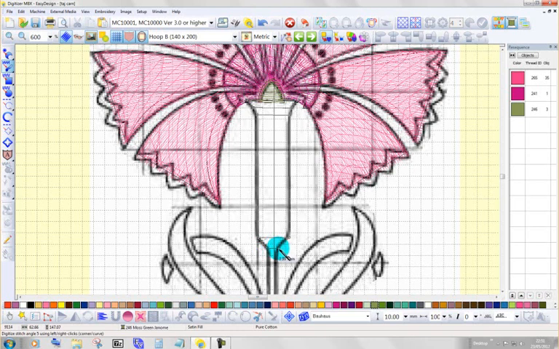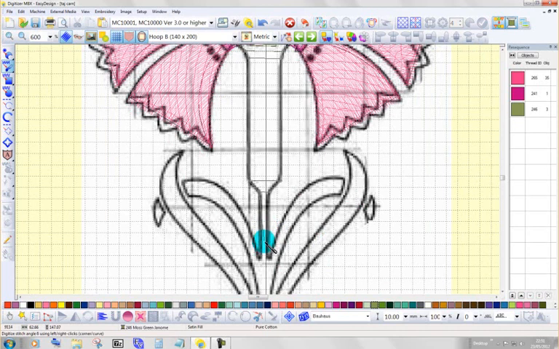And from there to here, and I want this to stay at least 2 millimeters. I bring that down to, I'd say about here. Control, that's better,